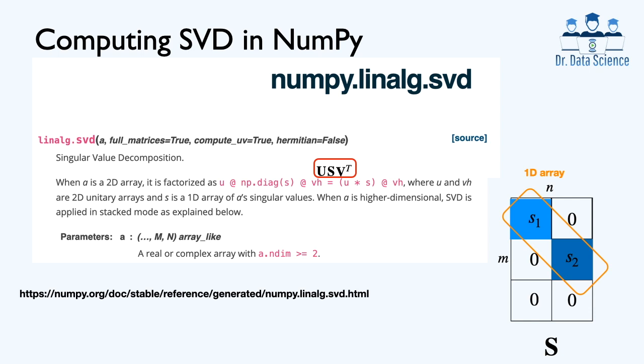And whenever you want to construct this matrix S in the two-dimensional form, you can use np.diag. So np.diag takes a one-dimensional array and puts those elements on the main diagonal, and then we will have zero padding in all other